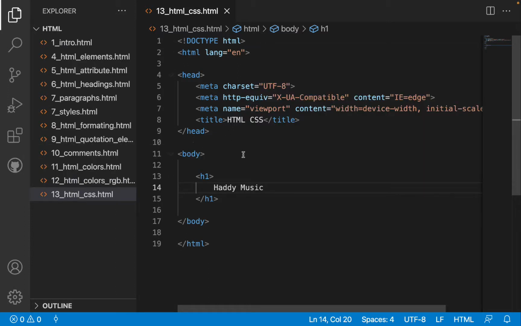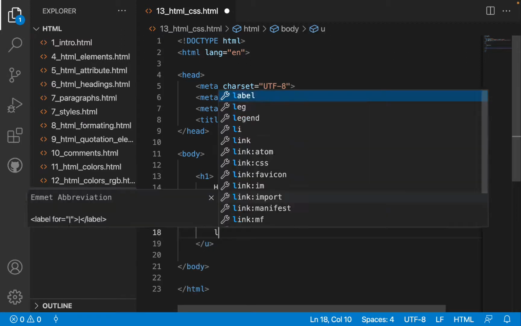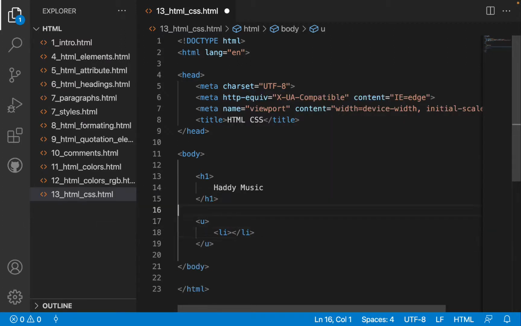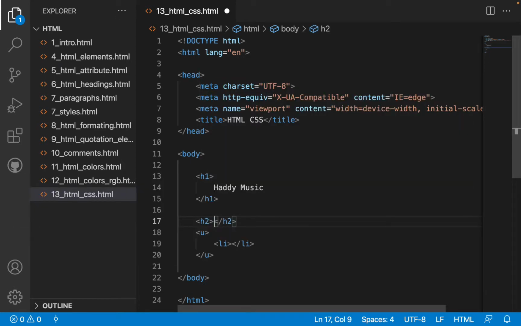So this is going to be maybe a kind of music website, and after here I'm going to put an ordered list, OL. So I'm going to put here maybe some H2. You know what's meant by H2? Top 10 songs. So I can come here and put